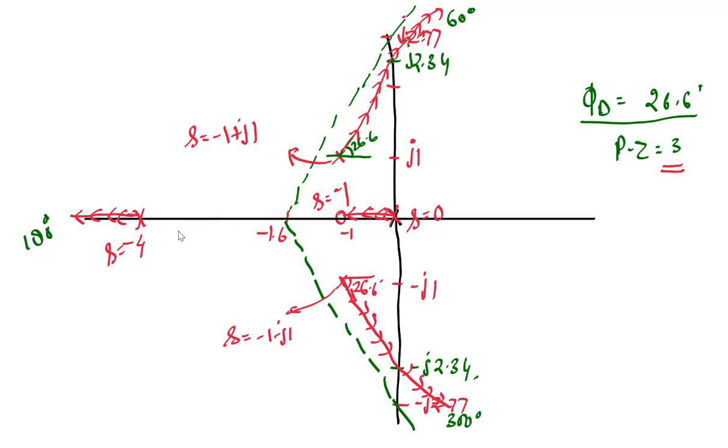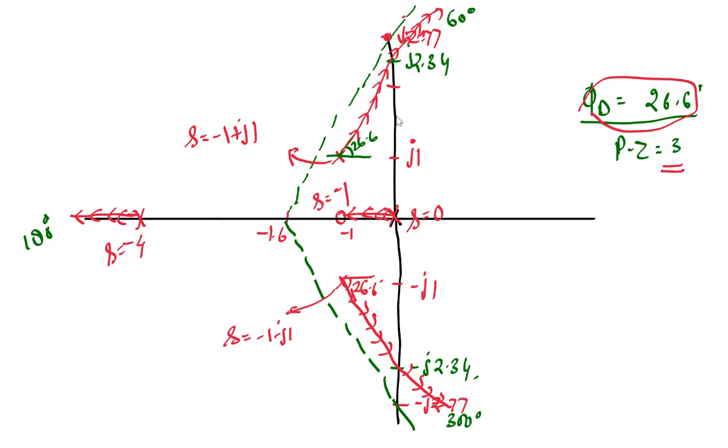So we saw that one pole is already terminating at infinity, so which two poles are left? These and these. So these two poles will go to infinity, moving something like this. In the previous step we calculated the angle of departure, so this pole will start at an angle of 26.6 like this. And we have drawn the centroid. The centroid is at theta1 is equal to 60, and the intersection of the asymptote with the imaginary axis is j2.77.